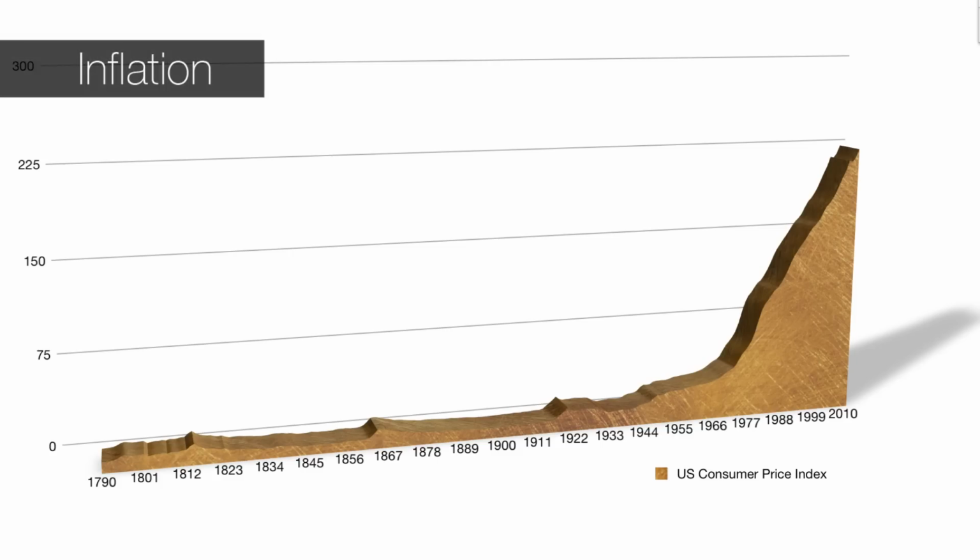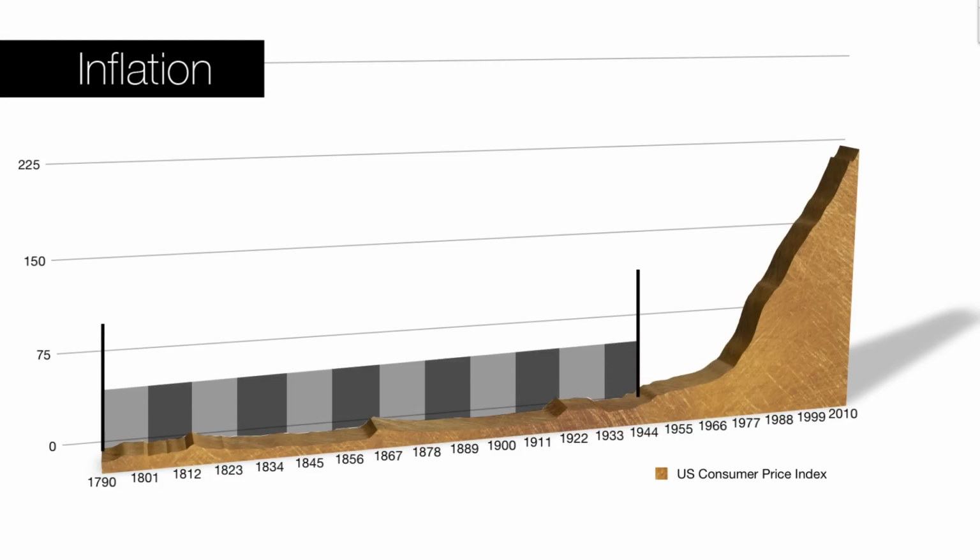Each unit of paper currency was related back to a weight of gold, and this restricted government's ability to create money, to increase the money supply. And therefore, by doing this, it also restricted inflation. In fact, if we look at the period from 1800 up to 1944, we'd see that there was little or no inflation. In fact, £1 or even $1 would have bought you the same basket of goods at the start of the period as it would have at the end.